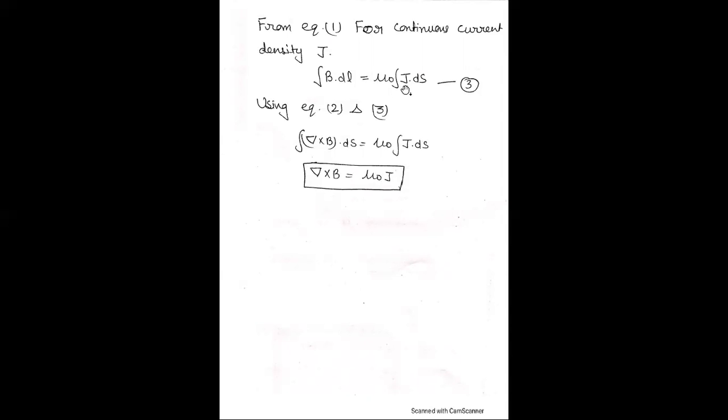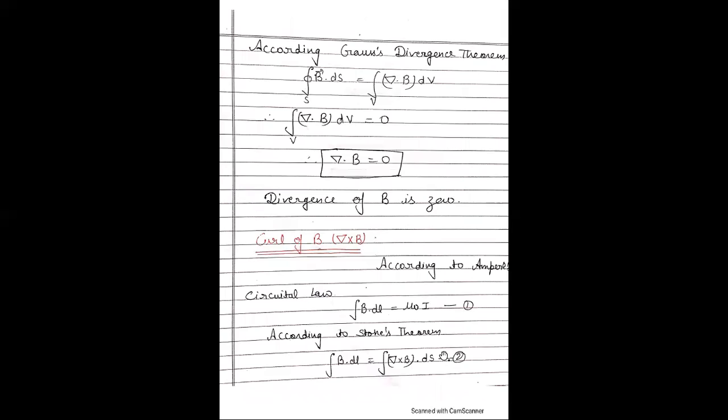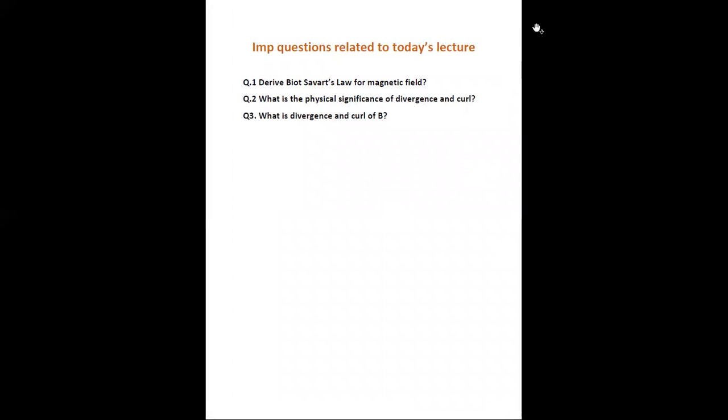Using equations 2 and 3, del cross B dot ds is equal to mu naught J dot ds. Taking common all these factors, the resultant is del cross B is equal to mu naught J. And then the important questions of these topics are